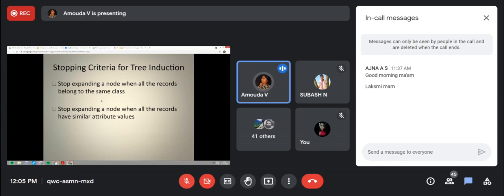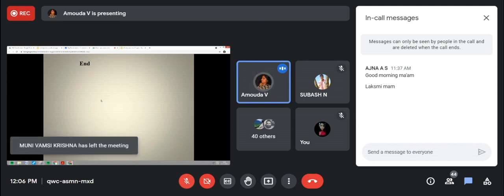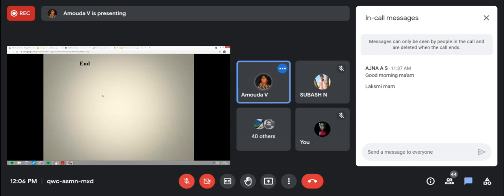Anything to ask here? I just introduced the decision tree algorithm and how it is split using a test condition and how the algorithm terminates.